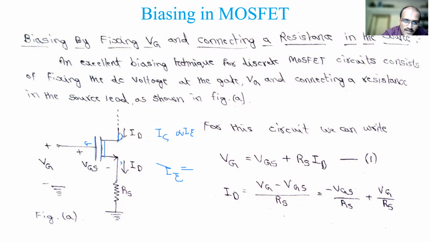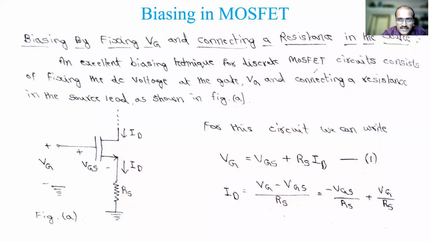The drain current will be flowing to the source, and I told you we will not be using the term source current IS. The drain current will be shown here, whereas the resistance connected we will show as RS. Source side connected RS, drain side connected RD, gate side connected RG, like that we will show. But current-wise, the drain current will be the same at drain and source. This is one important observation you can see across MOSFET circuits.